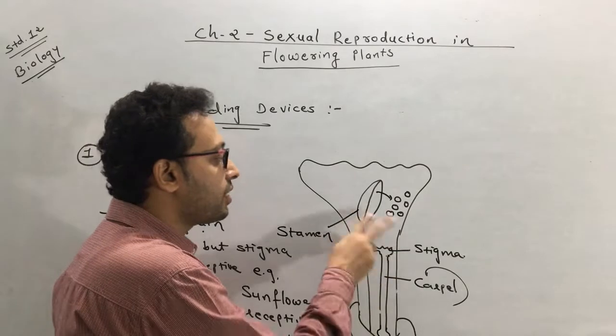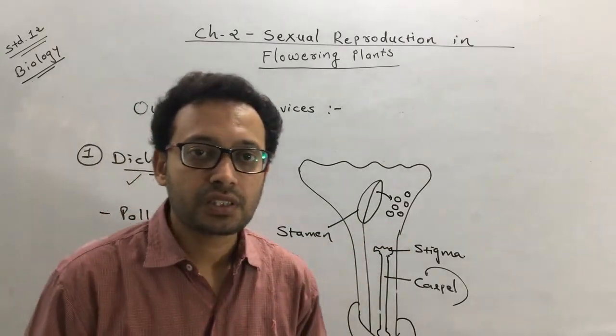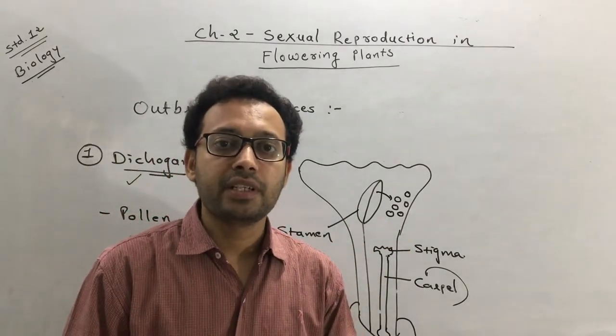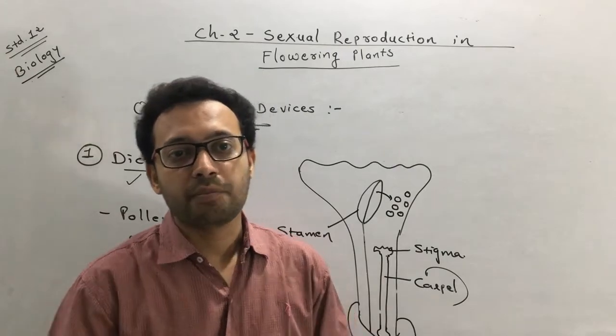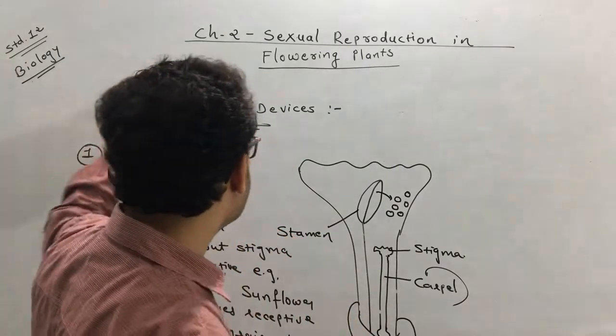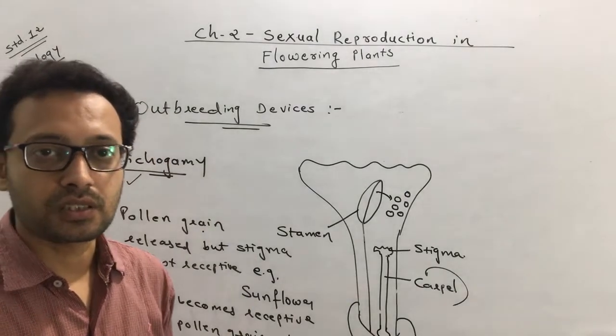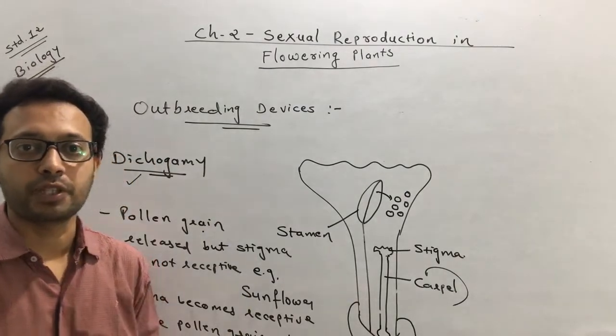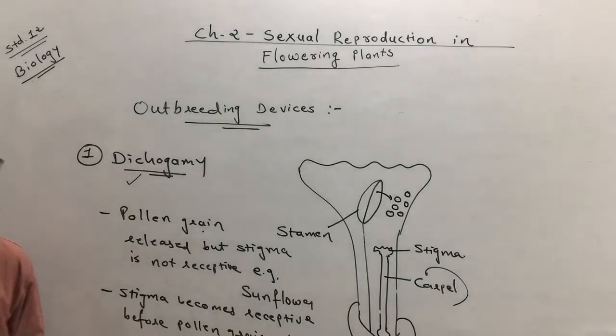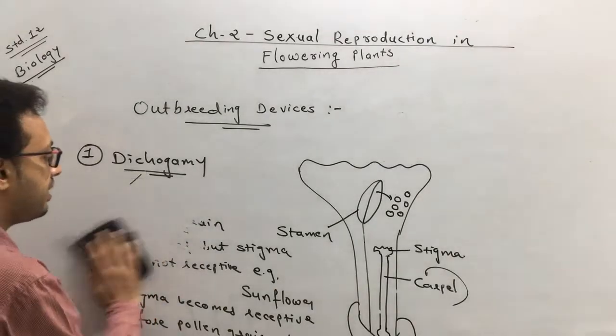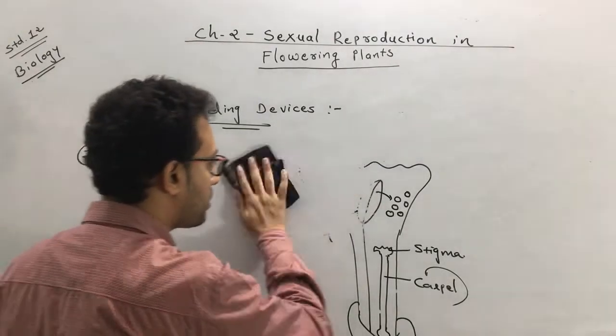Ultimately, either of the organs becomes mature first, and that's why they prevent self-pollination and promote cross-pollination. This is one of the strategies adopted by it. So this is called outbreeding devices. Okay, that is the first strategy adopted by it. Now the second strategy which is adopted by a plant as an outbreeding device